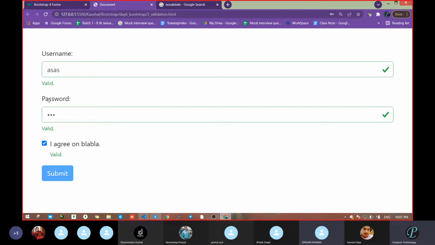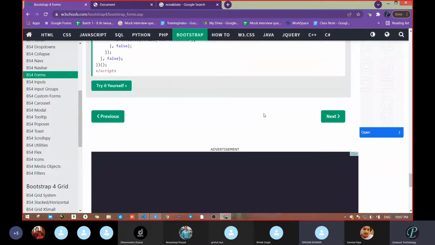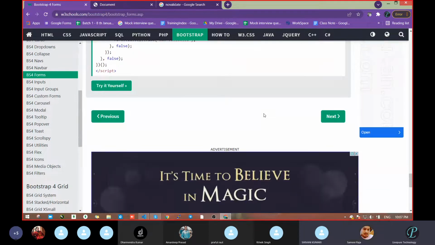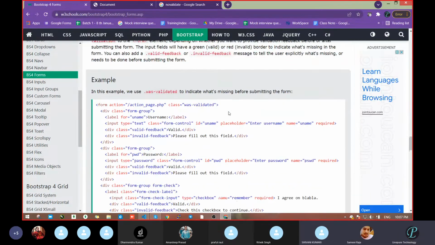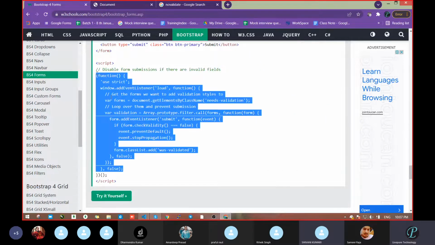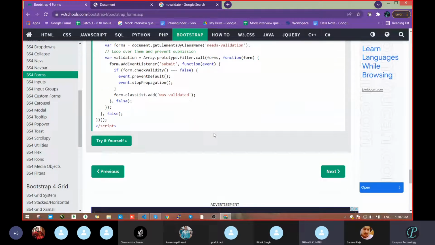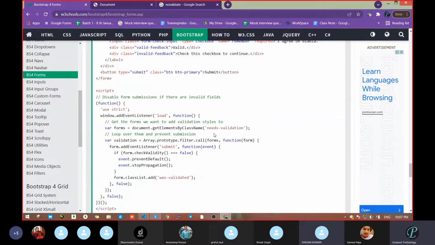Once your form is valid, then this button will get enabled. Otherwise, you can't click. That is the case. In JavaScript, we will see this. We will not take care of Bootstrap, but we will disable and enable that. You see here JavaScript code is there. You don't know the ABC of JavaScript, so I don't want to confuse you. So let it go. Now we have discussed the form.